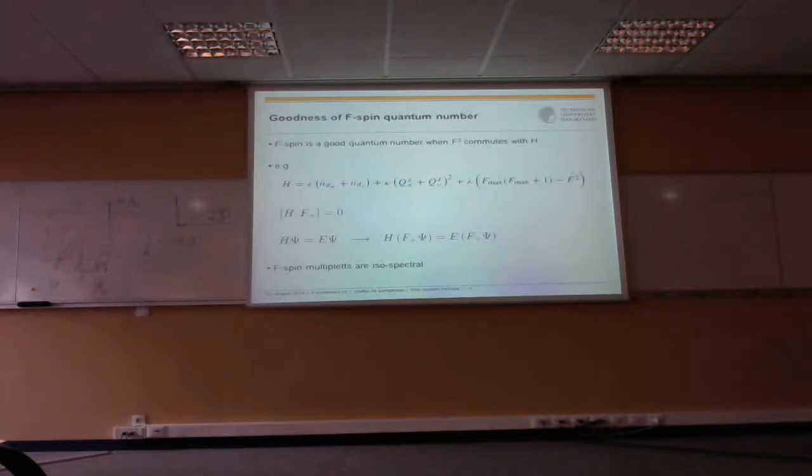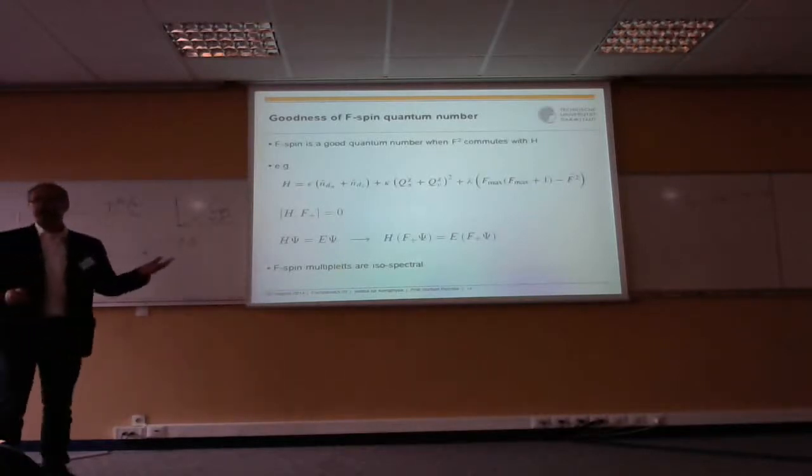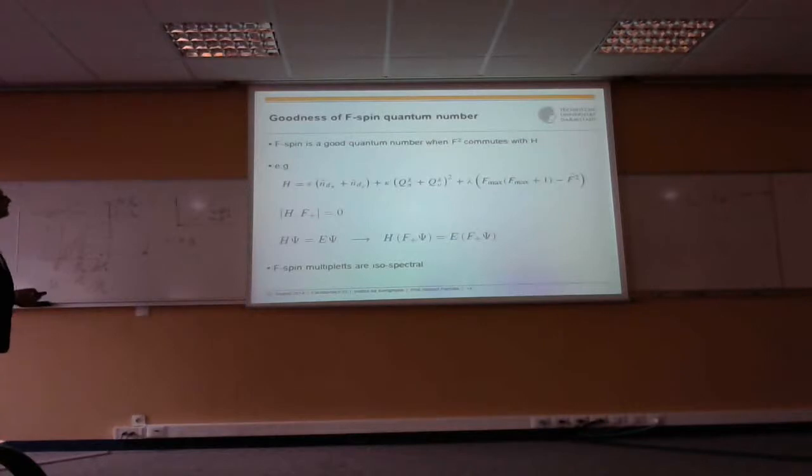Okay, so when is F spin good? You have discussed this yesterday with Professor Joly: when these quantum numbers are good. That is when this operator F squared commutes with H. And it commutes with H, for instance, when you have equal parameters for protons and neutrons. So you write these operators symmetrically and then give them a common constant. And then you can write this